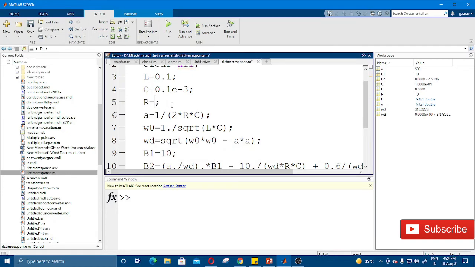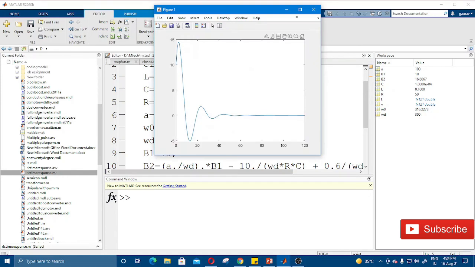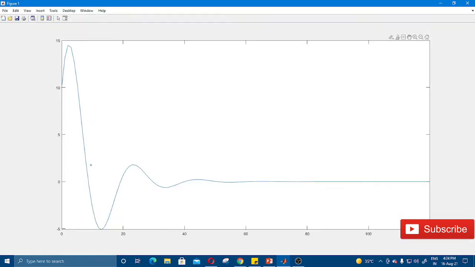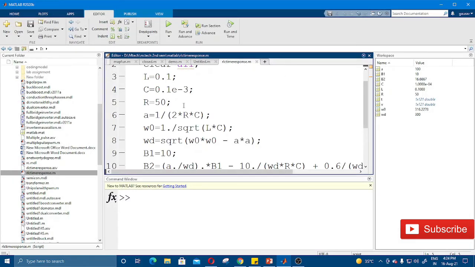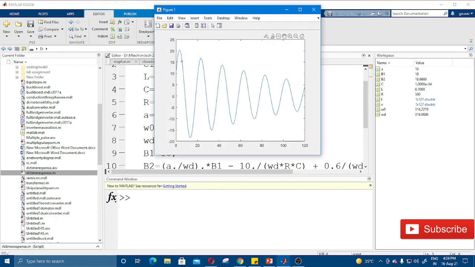Further, I am going to increase the resistance value to 50. Now you can observe the oscillation. This is zeta less than 1 because you are getting oscillation. Further, if I increase this value to 500, see, now this is also an underdamped system, but the system is taking too much time to come into the steady state.